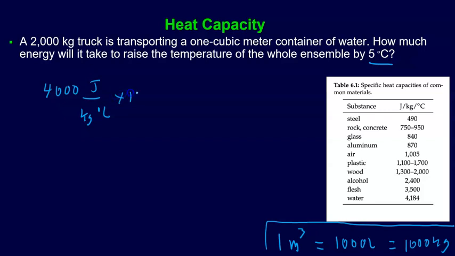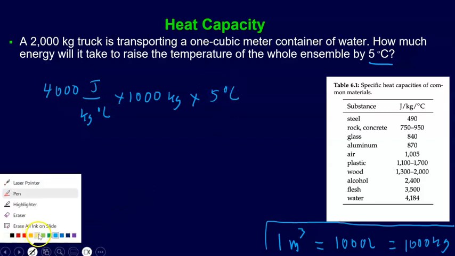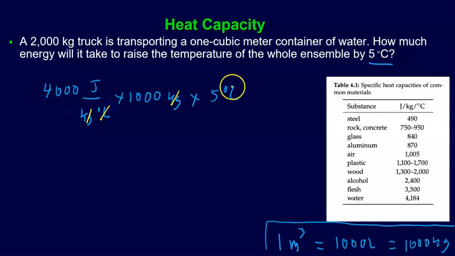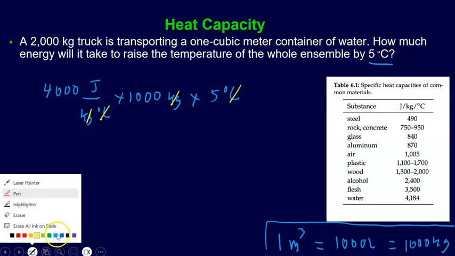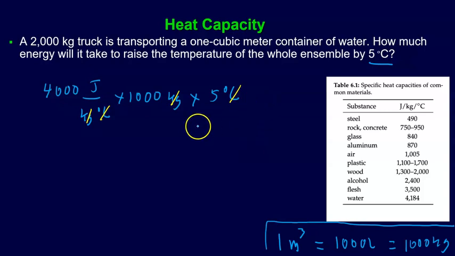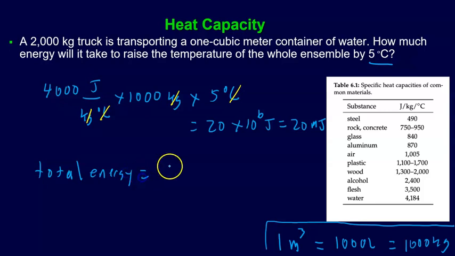Here I'll multiply by that 1,000 kilograms, and then 5 degrees Celsius. Again, just like last time, the kilograms cancel, the degrees Celsius cancel. When I did this calculation, I got 20 times 10 to the 6 joules, or what we can call 20 megajoules. For the total energy, we just add up the two. So it's 5 megajoules plus 20 megajoules, and we get